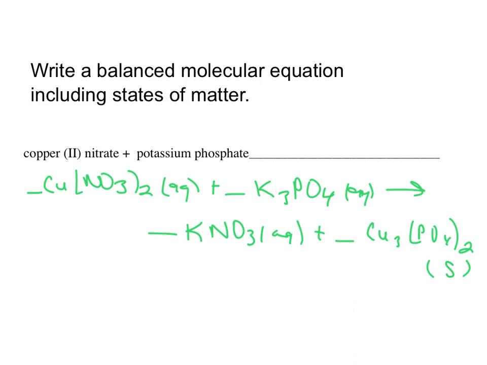So balancing, I'm going to choose probably to put a 3 next to copper 2 nitrate. It's going to give me 6 nitrates. So I'm going to need 6 on the other side. So I'm going to need 2 K3PO4s. And that's got it all balanced out. Finish that word equation. So we're going to end up with potassium nitrate